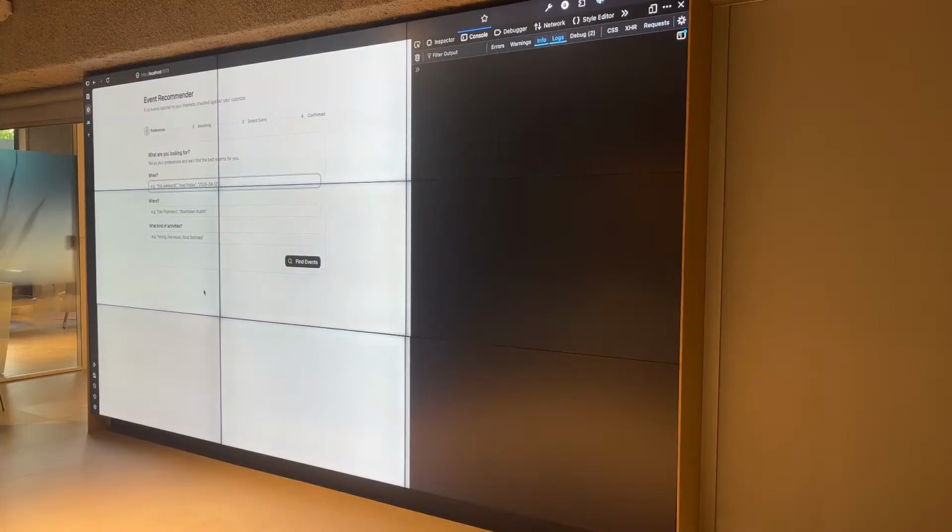I can say something like next week, and the model behind the scenes should know what next week means, and any events that match next week, it will codify. Or if I want to be specific, I can say this Friday, but let's say this week for now. Let's pick London first. I'm not picking Portland right now, because I can't find many events in Portland.